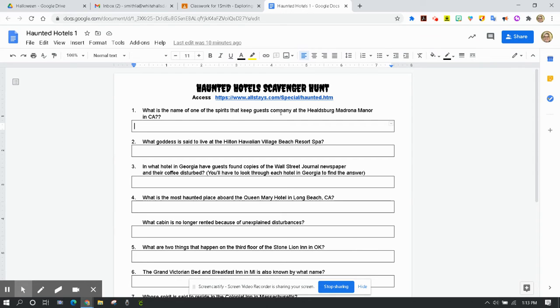What is the name of one of the spirits that keep guest company at the Heldsburg Madrona Manor in CA? Now, it's going to be important that you know your abbreviation for states. So if you're not sure what the abbreviation for a state is, then you may want to look that up. But CA stands for California. So we're going to go to this website,